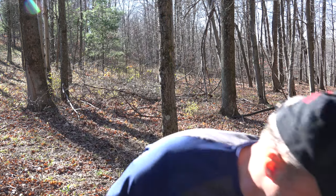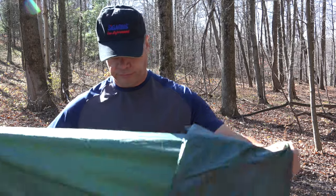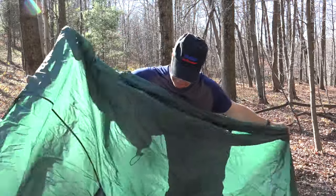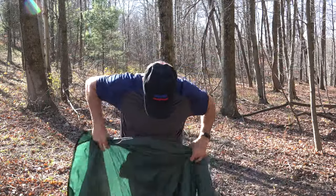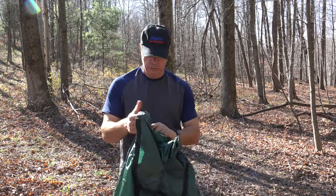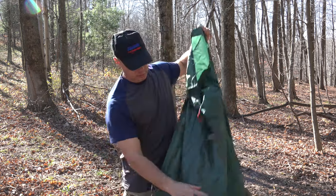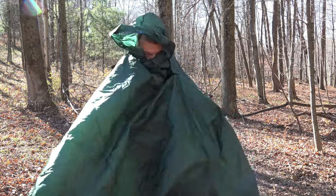Now, one thing about the Pathfinder Tarp, let me just set this down here, hold on, that's the pouch. One thing about the Pathfinder Tarp, it also is a poncho. And you can see here this Velcro center right here. And say it was pouring down rain or just starting to rain, I'll undo this Velcro like so. Right? Stick my head through